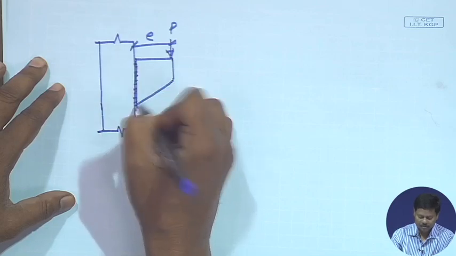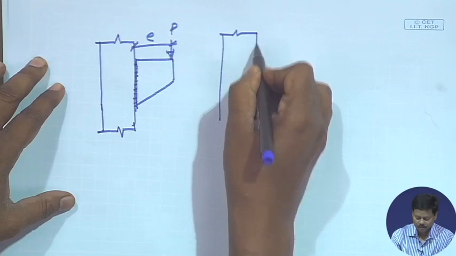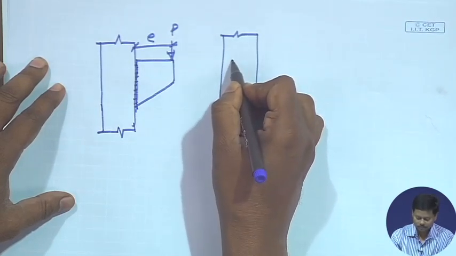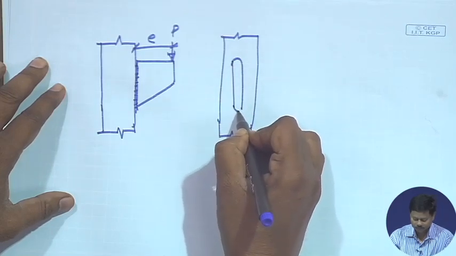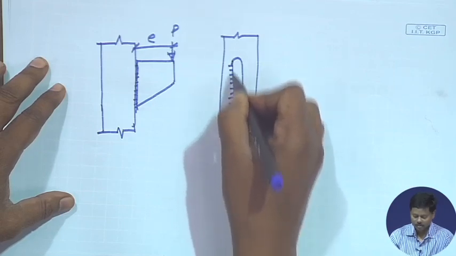This portion is fillet weld, which means in the plan, if we see, this will be like this. Right. So, this will be the fillet weld,